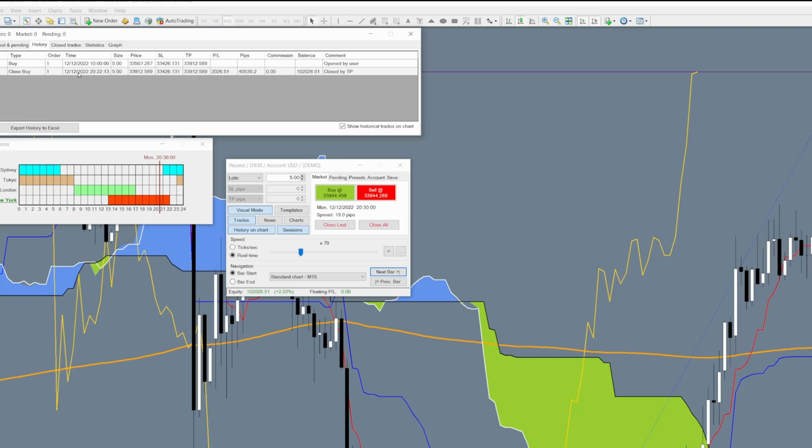This is our historical data for 40,000 pips in this trade. I mean, yeah, this is Dow Jones, so these pips are quite crazy. Close by, our profits, everything is here. Profit and loss 20,000. We can see that we started with 2,000, yes, 2026. Our equity was 100. We made 2% on this trade, so we were risking really low because that was 1 to 5, so we were risking